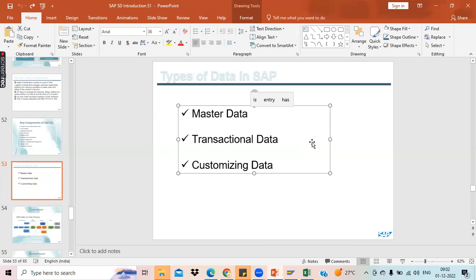If you look behind the scenes, the data entered in the customized or user defined fields is stored in customized or user defined tables. This data is not stored in the